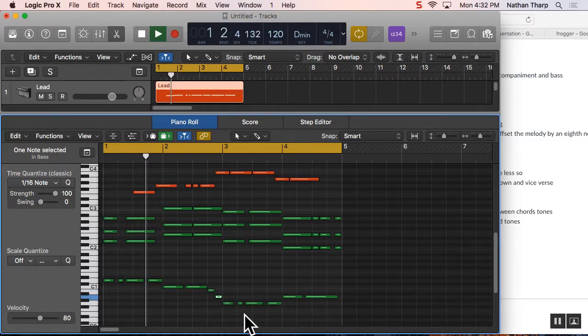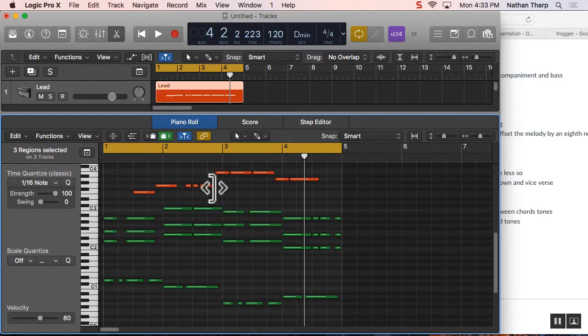Okay, listen to what happens in the bass. It adds a little bit of motion to it. Now, unfortunately, where I just did it does not sound that great because it's interfering with the melody right there. The melody's making a big jump. So I might not want to do that in the bass. I might want to keep my bass more chill, and at that point, look at this spot in the melody